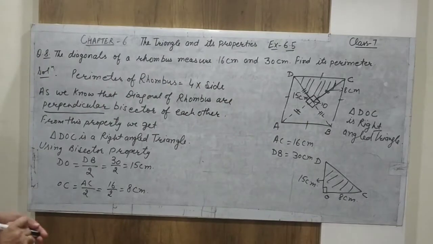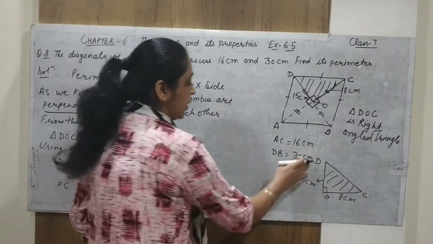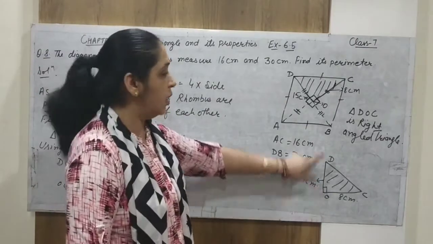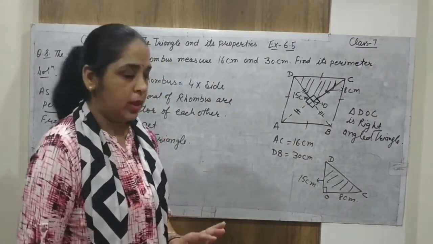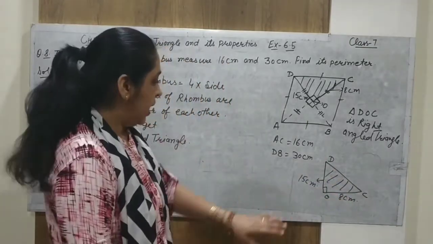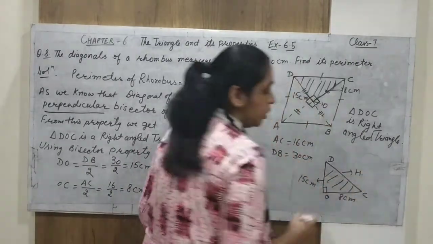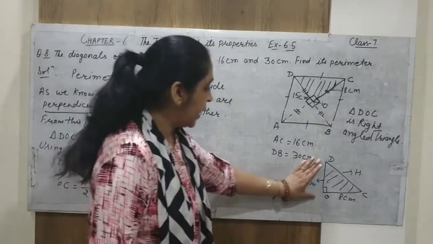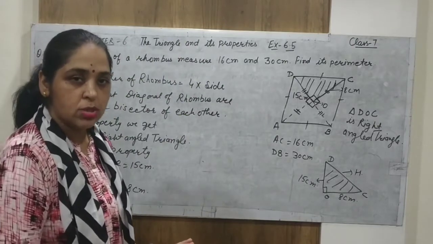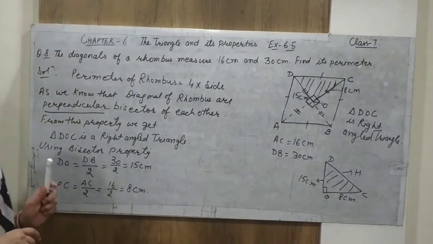So what we observe from all these things? First of all, this is a right angle triangle. You can write D at this place. Now this is a right angle. This is one triangle of these 4. We can select any one. Now DOC is a right angle triangle. DC side acts as hypotenuse, this side acts as perpendicular and OC acts as base. These are the roles of these sides, and we can use the Pythagoras property in this triangle.